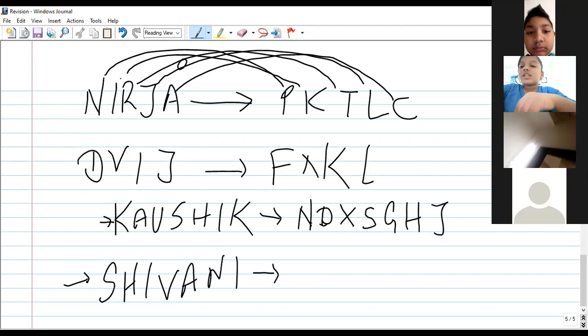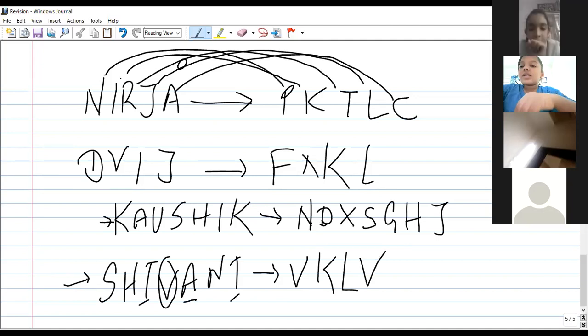S skip 2, T U V. H skip 2, I J K. Then I, this is I, so I skip 2, I J K L. Then the fourth letter we keep the same. And now, what comes before A? Z, right? We have to go in the circle. This worked out wonderfully. So before N comes M, and again I. Before I comes what? H. So this will be her code name.